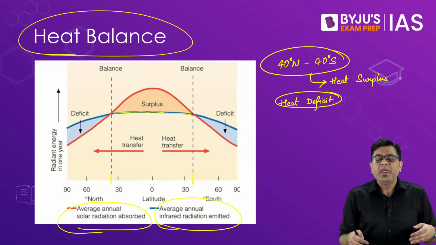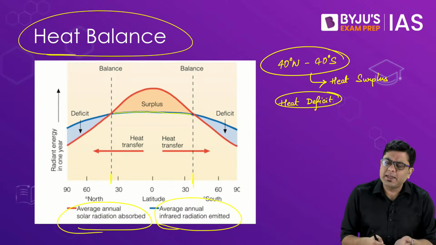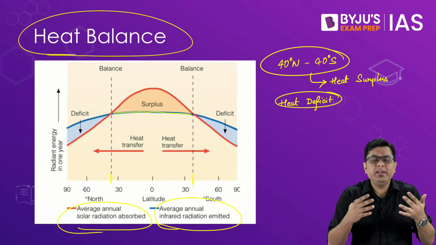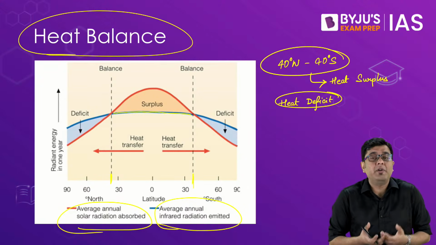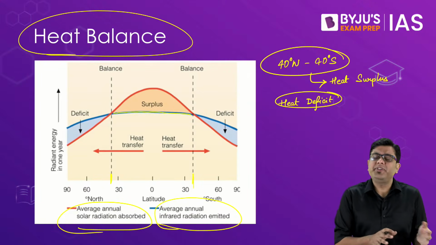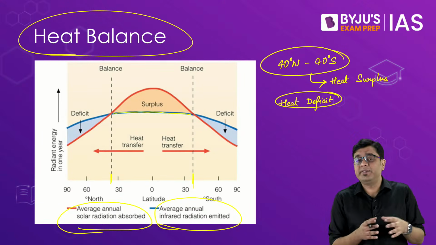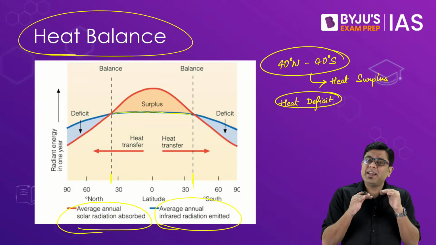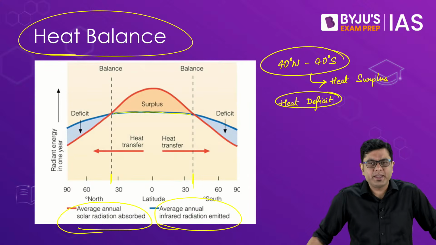But then overall, it is not as if the equatorial or tropical areas have continued to heat up throughout the history of the planet. Even in the equatorial and tropical areas, we observe a maintenance of temperature, right? Even if we take the example of our own country, during the summer season in the northern part you will experience the heat to be around 40°C. In the southern part, you will experience the temperature to be roughly around 30-35°C. So that temperature has been maintained. Yes, there are anomalies one year or the other, but overall the temperature is maintained.